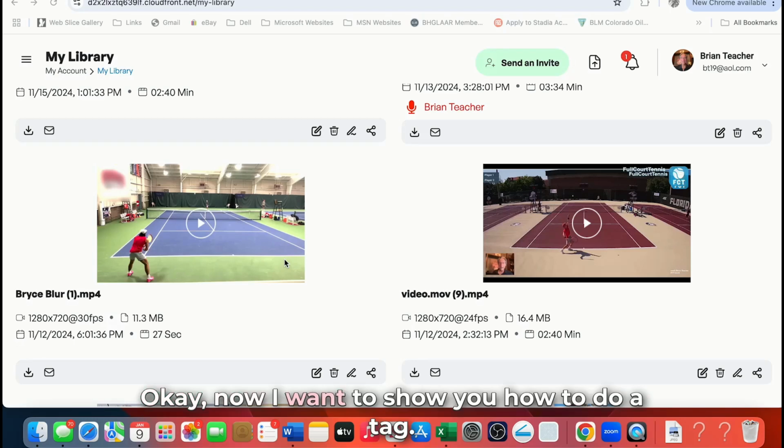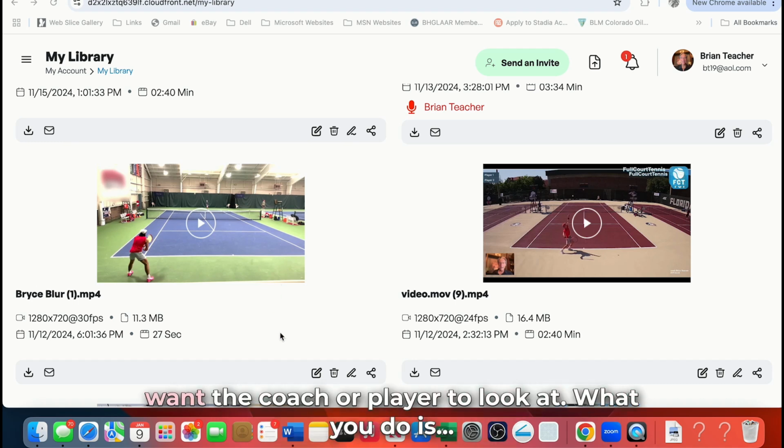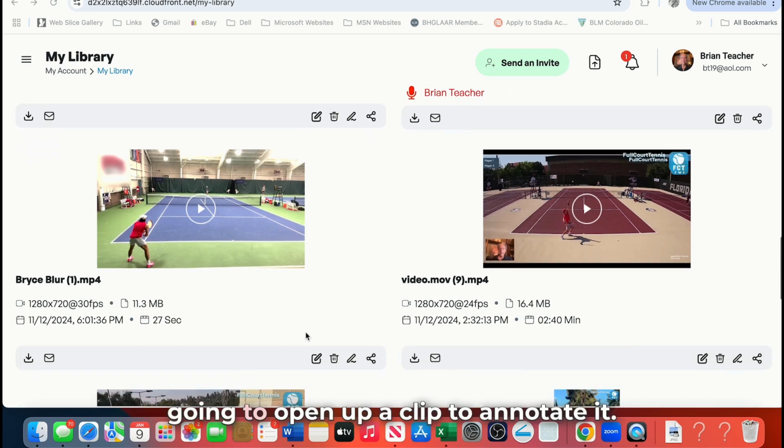Okay, now I want to show you how to do a tag. If you have a match and you want to send it to your coach, or a coach wants to send it to the player, and you want to highlight certain areas that you want the coach or player to look at, what you do is, you're in my library right here, and we're going to open up a clip